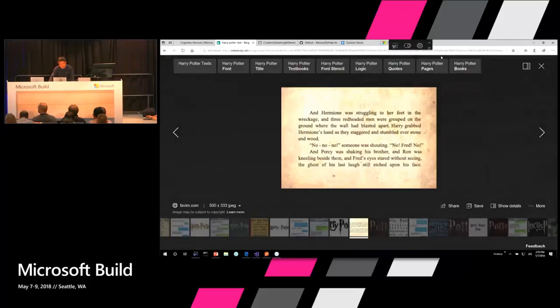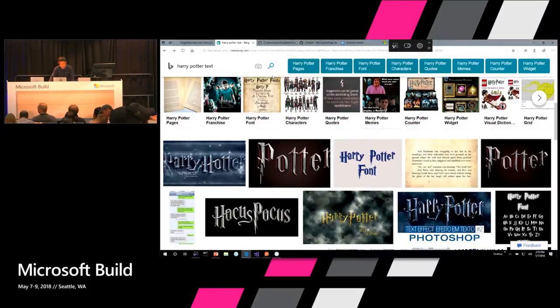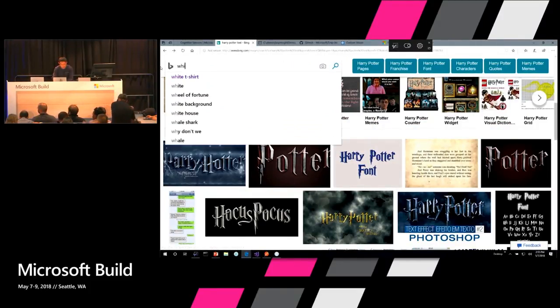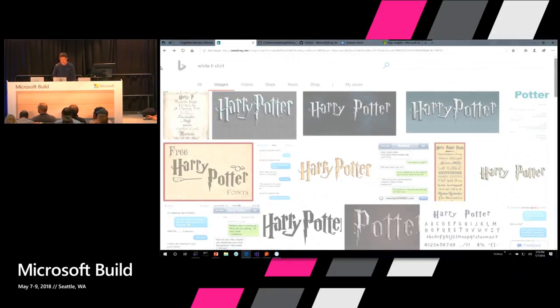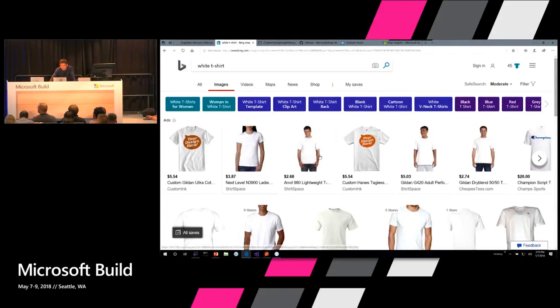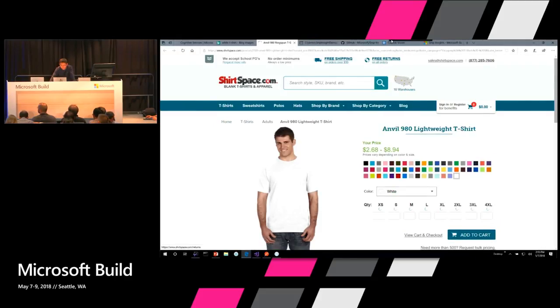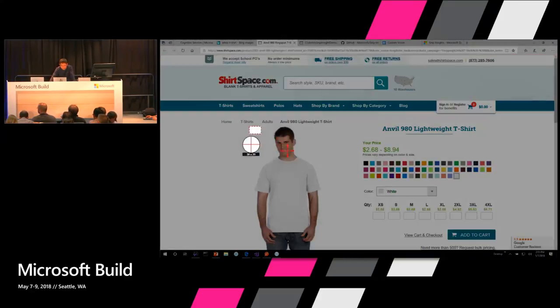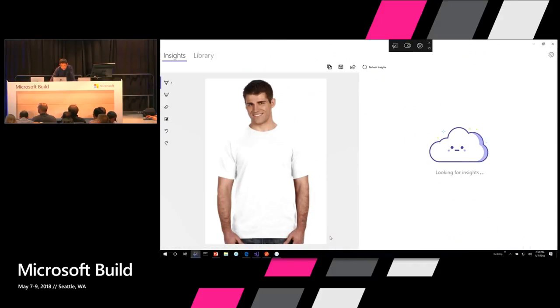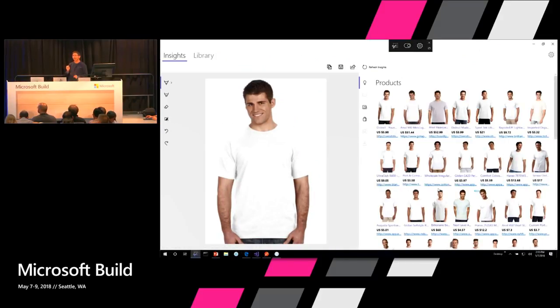So, let's end off this demo by searching for maybe a white shirt, a white T-shirt, as our background, right? So let's take one of these guys here. And let's do a snip of him. And right now, the same thing is happening, but now it's using the Bing product search, right? All these are services that you can already use today, right? There's nothing here that is peculiar to Microsoft. Everything that you see here can be done today.